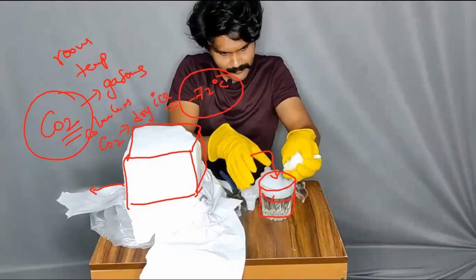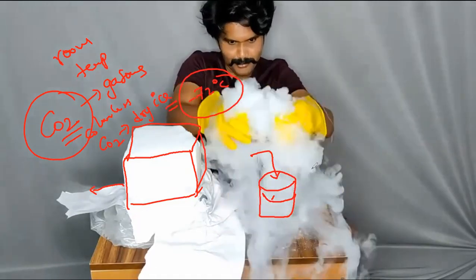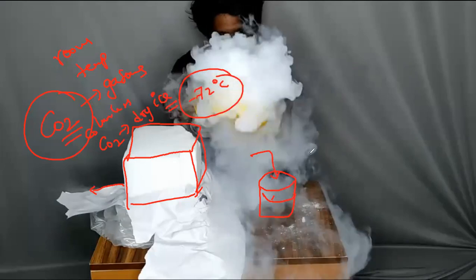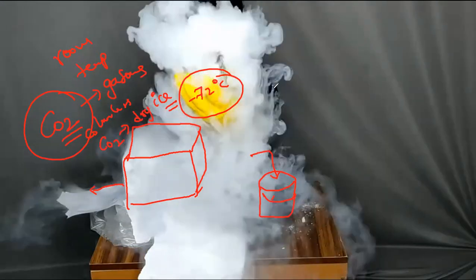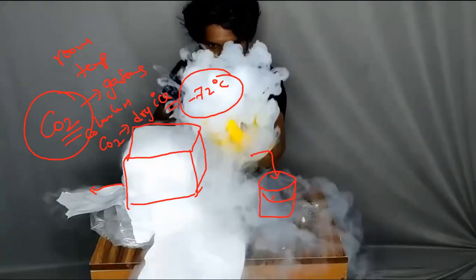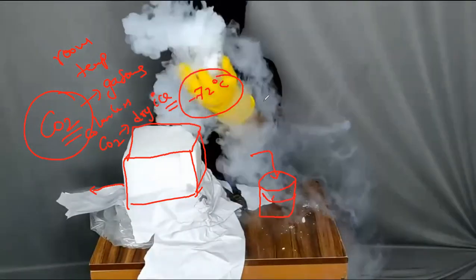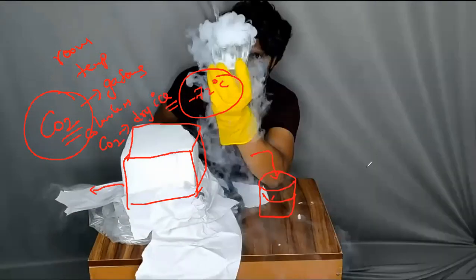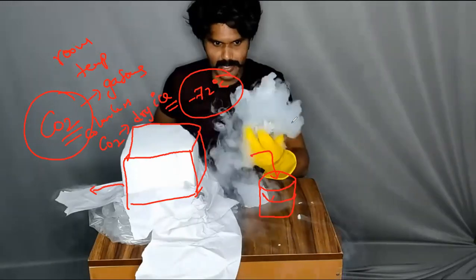So how it is forming, you can notice it. This is the reaction between carbon dioxide and water, and this is how it is used to produce smoke. This is how they produce clouds and shoot the videos in the movies. They make the songs and all in heaven. Have you noticed it? This is how it is produced.